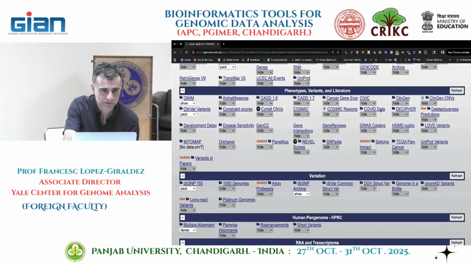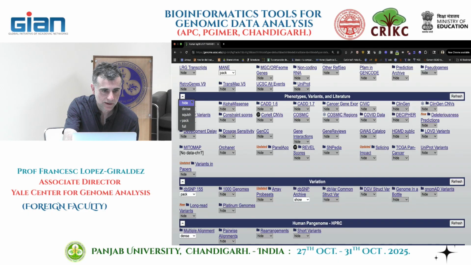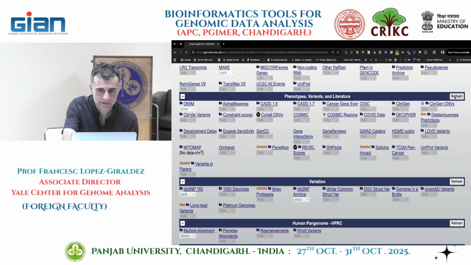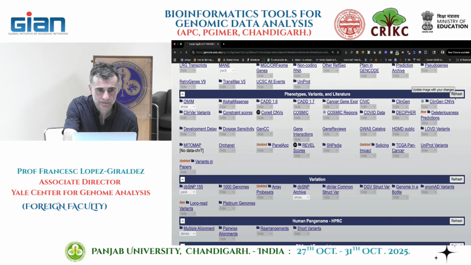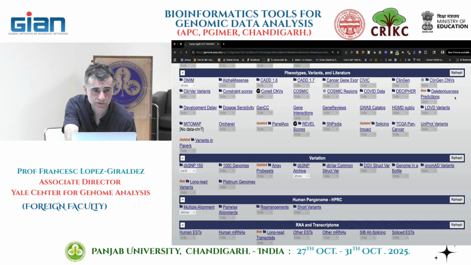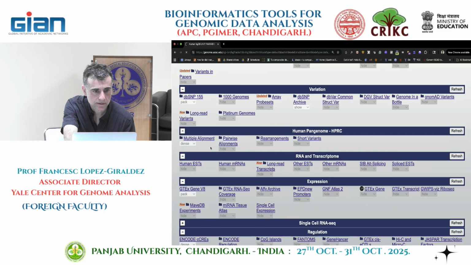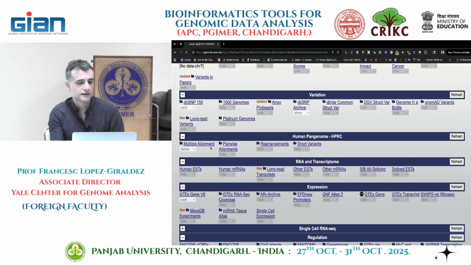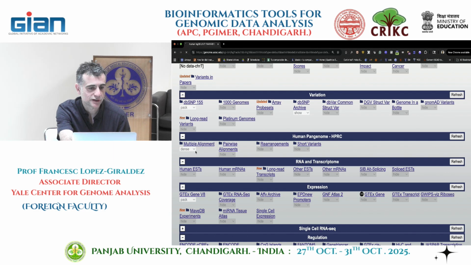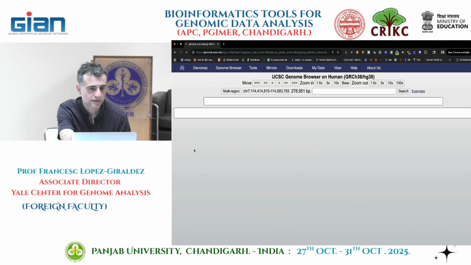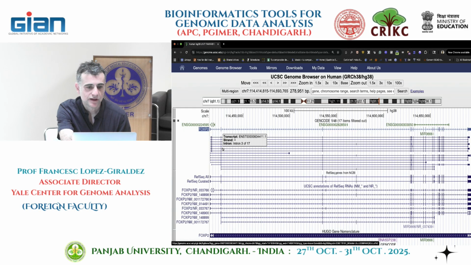So let me go down. I'm going to try something different this time. I'm going to switch off ClinVar, so I don't want to see ClinVar. And let me go. It's still refreshing. So if you are done refreshing, you can try this multiple alignment. Okay, now it's refreshing. So before I activate multiple alignment, another thing that you can show, if you want, you